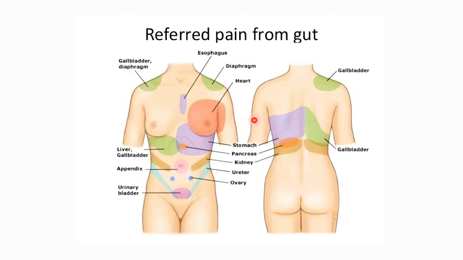Now let us see where the referred pains go from all the various organs. First, we already learned that the gallbladder and the liver can give rise to a referred pain over the right shoulder. Next, the pancreas. This is where the pancreas is located, but the pain from the pancreas can also be felt at the back here. Next, kidneys. Kidneys are usually retroperitoneal organs located somewhere here, but the pain will be radiating a little bit more onto the anterior aspect also.